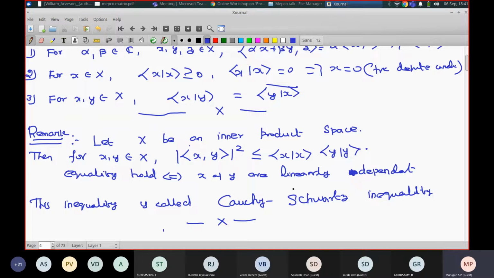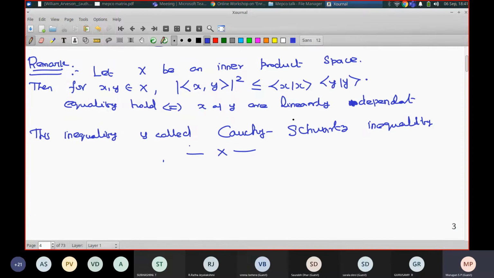So this inequality is called the Cauchy-Schwarz inequality, and it is very important. One can prove the inner product is continuous. But to talk about continuity you need a topological space, and so far we don't have any topology. So we will introduce a topology first. If you want a topology, you can define a distance function. So next we will define a distance function.